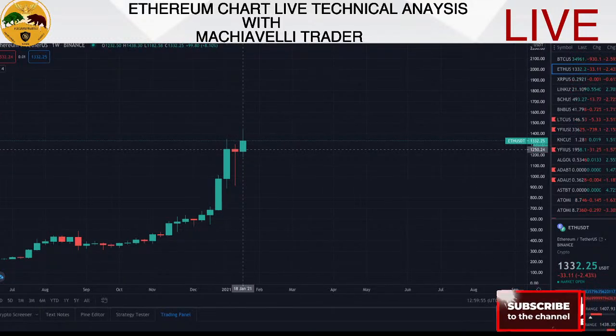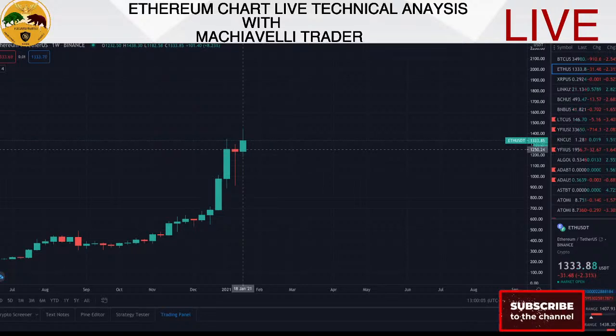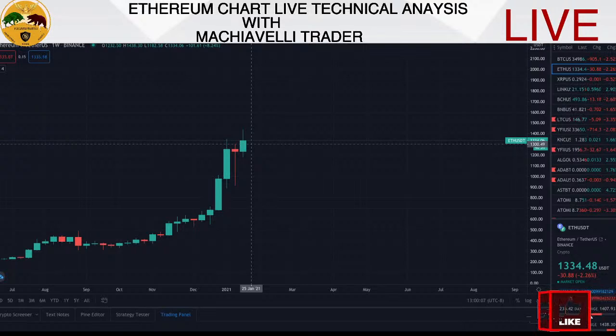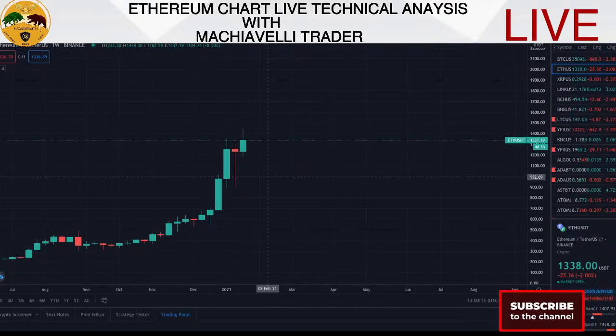Now what we need from this weekly candle is for it to close looking bullish like this, right? Either looking bullish, but I expect more up because it's likely going to happen before the end of the week. We see this bar pushing more up because of the buy pressure we are having right now on Ethereum. So that is what I'm expecting on the weekly.